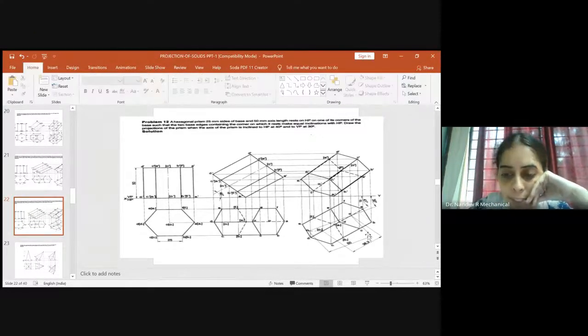After drawing the perpendicular line, please measure from the midpoint to E what the distance is. Keep one end of the compass here and just cut an arc. And again from the midpoint, you measure the other side of it, how much it is. From the midpoint to C, you measure it, keep one end of the compass here and cut an arc on the perpendicular line which you have constructed. So now you got the corners E as well as C. So D and A also you have named already. So you got the corners for the top surface.